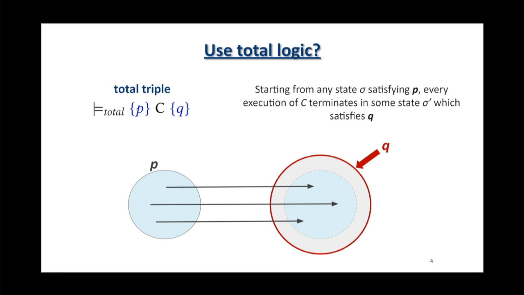So the approach that all of us probably know is the total logic, where we say, well, we have triples, and our postcondition is a superset of what can happen, and all of our traces terminate. And this is really good if you do this analysis and it works for your program, it goes through, that's amazing, congratulations, you don't have divergence problems. But if it doesn't go through, then you're in a place where you don't know if there's actually divergent traces, or maybe because this is an over-approximating analysis, you actually over-approximated and have a false positive bug report.